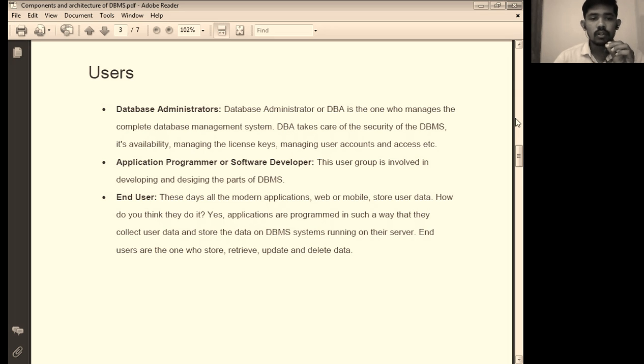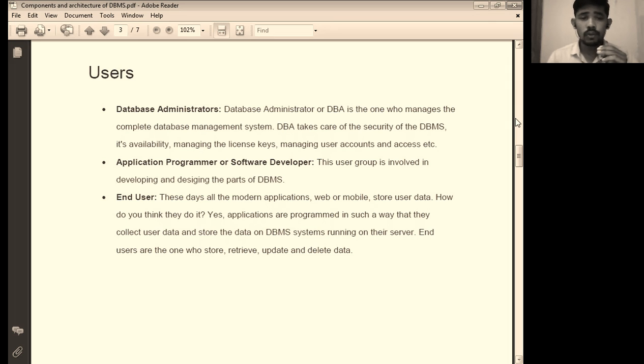End user, so the last user of database is the end user. These days, all the modern applications, web or mobile applications, store user data. And how do you think they do it?